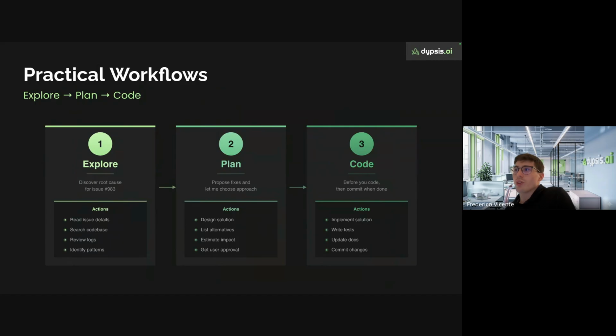Then you should move to the planning, which is related to the slide that I previously showed you. Once the agent has a good understanding of the code base, it can provide you a very precise plan, related to the specifications that you provided, a very deep dive plan of what to build. And then once this plan is created, you can move to the implementation.